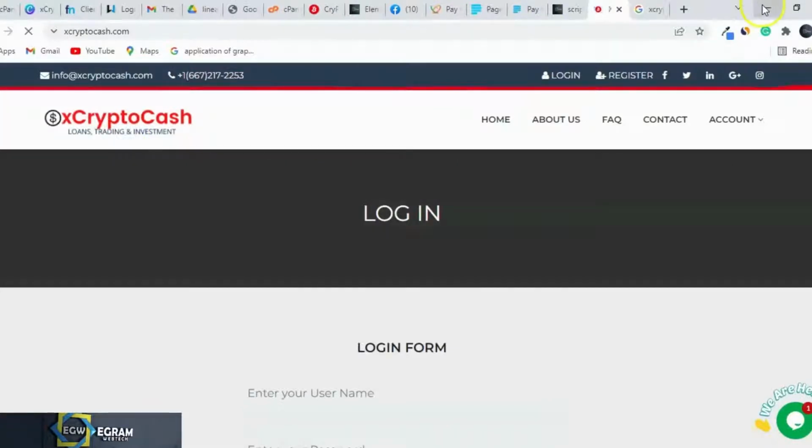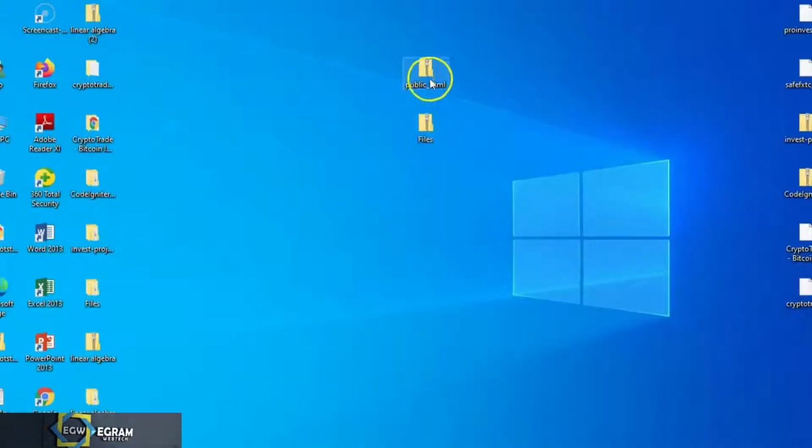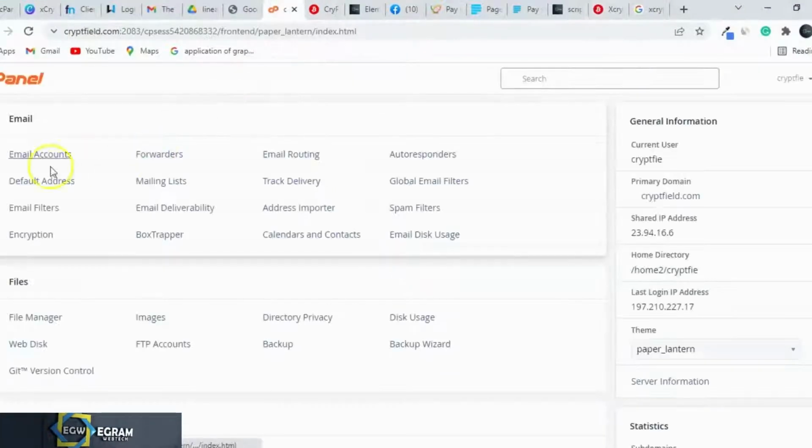See, I've downloaded it. Here, look at the code. I've downloaded it. So I'm going to upload it to this server, to this host now. You see this cPanel. This is the cPanel here. That cPanel just opens. I'm going to upload it to this host now.